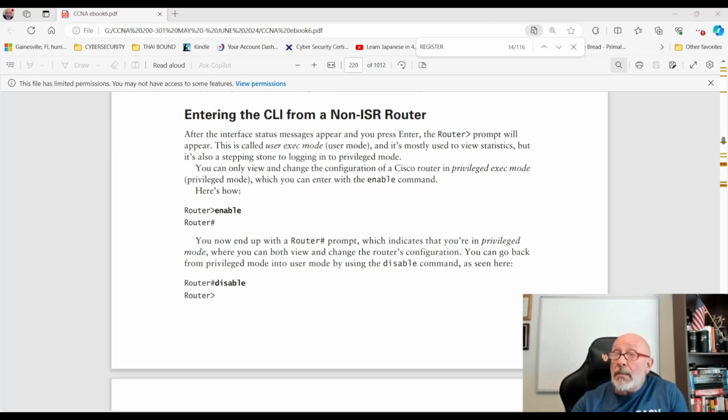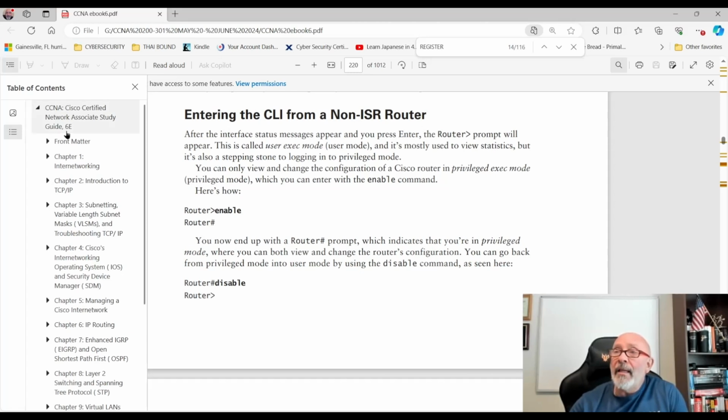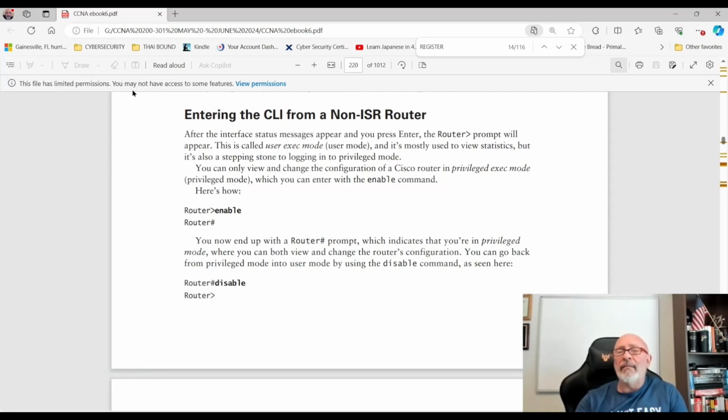I'm using Todd Lammle's book, give him props, right? This is his CCNA Study Guide, version 6E. I think the copyright is 2007, and I think this was the CCNA 640-802, if I remember correctly. Okay? And before you start saying, but wow, that's old stuff, man. What are you doing with some old stuff?